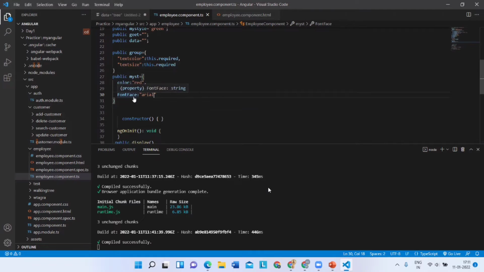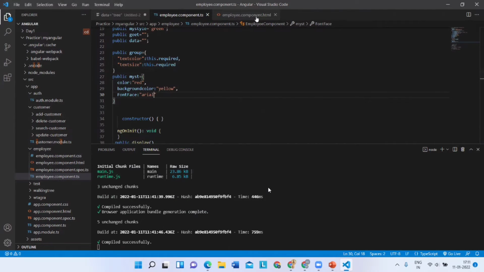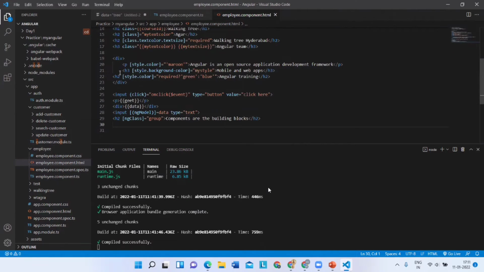This is the one. So now in the HTML part of it, here we have used style.background-color is equal to, we are trying to invoke that particular one. So how do we invoke this particular style now? So you need to give the style, which is whatever it is, ngClass. So now